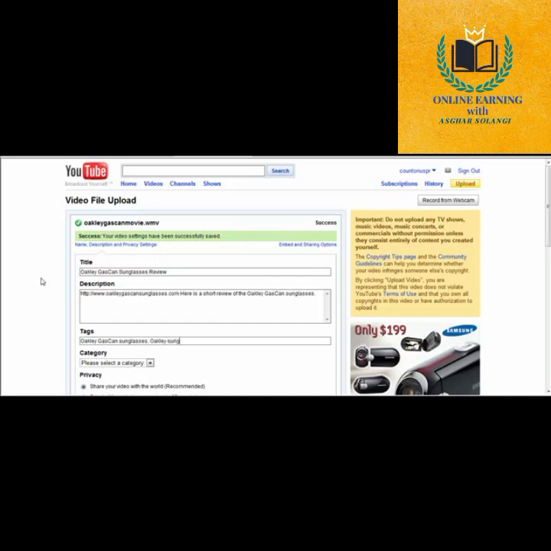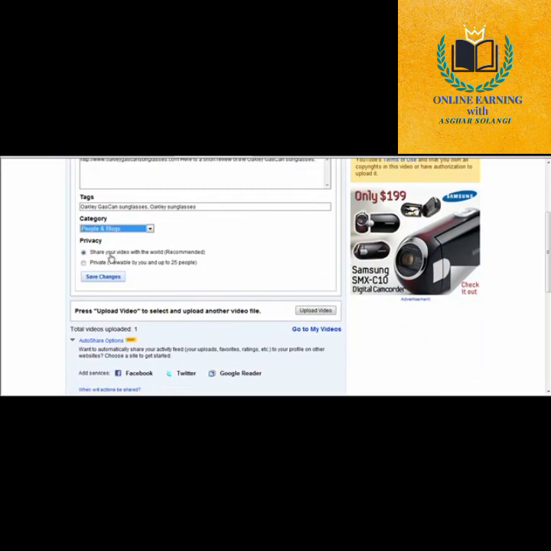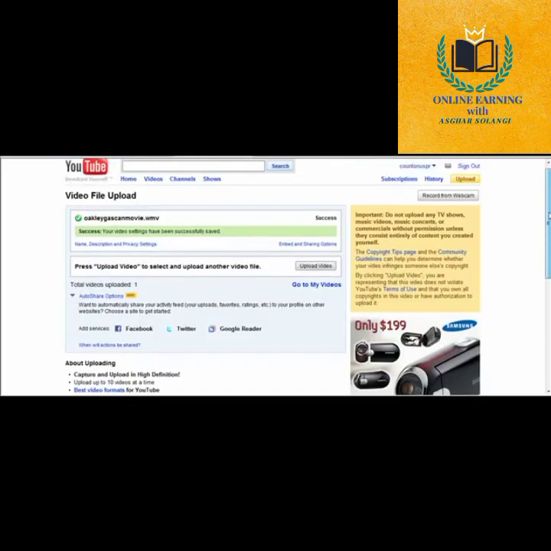Okay, and then choose a category. So you could just choose People and Blogs, which is typically a good one when you're doing reviews. And then choose share the video with the world, and then hit save changes. And now your video's been set up, so you can come right on over to your area right here,